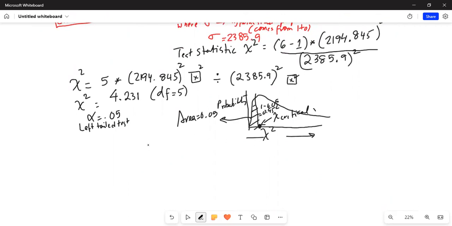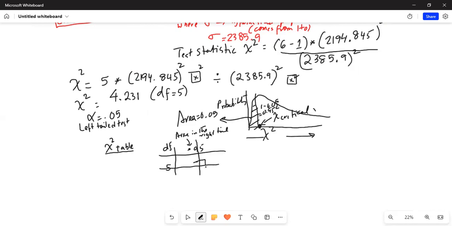Why do I need the area in the right tail? Because when I go to the chi-square table from the textbook or from the website which I have listed before, we will get degrees of freedom in the first column. So we have 5 degrees of freedom. In the first column, we'll first look at 5. Then in the top row, we are interested in area. The top row is always area in the right tail. In this case, area in the right tail is 0.95. So in this column 0.95, we draw a vertical line. Degrees of freedom, we draw a horizontal line. This is your critical value where the horizontal line through 5 degrees of freedom and the vertical line through 0.95